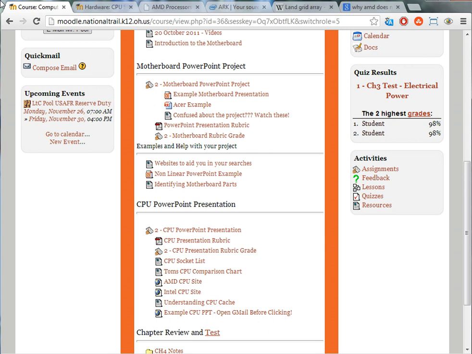Hi, as we get into the CPU information, which is all down here in the bottom of the Chapter 4 section, I really wanted to correct myself and point out a couple things that I said in the motherboard introduction because I really said something that was incorrect. First of all, the information on the presentation and all the stuff and the links are right down here under